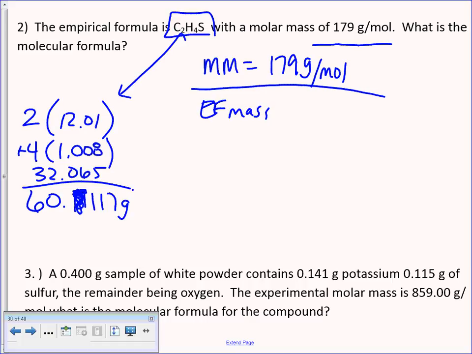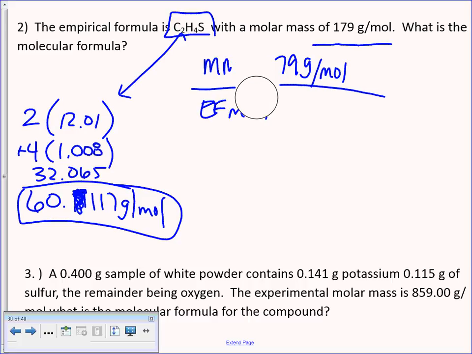117 grams per mole. Grams per mole is just the unit of choice for molar mass. So this right here is the empirical formula mass. That is the molecular formula mass. I'm going to then divide. I'm going to at least make this look like a better fraction for you guys. So molecular mass over empirical formula mass is 179 grams per mole over what we just calculated,